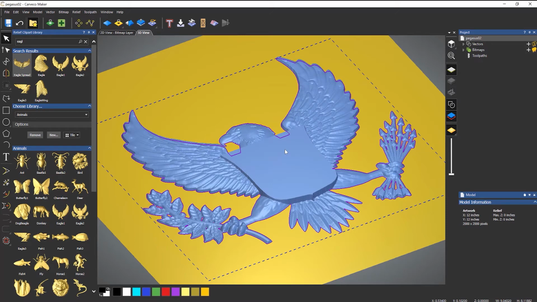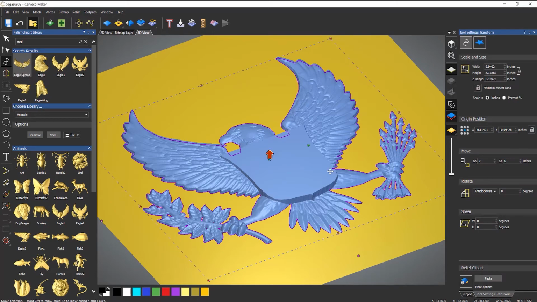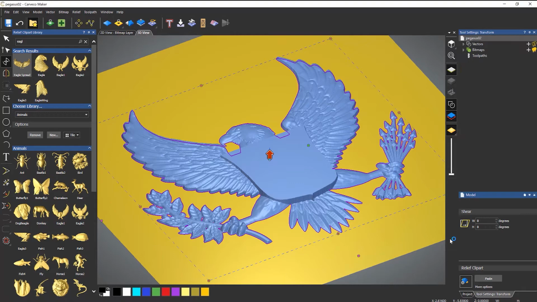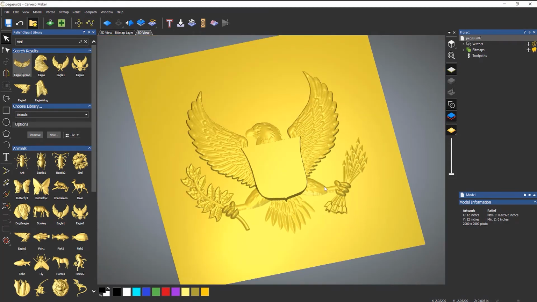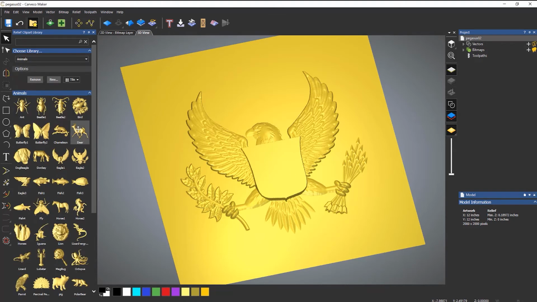So let me delete that. Go back into the transform tool, press T on the keyboard, or you can go over here to transform and it will open up the tool again. So what I'm going to do is either select paste, or you can press enter on the keyboard. So if I paste that down, it now becomes a relief, and I can't move this around now. Okay, so I'm not too fussed about that because what I want to do is put something on the top of here. Okay, so let's close that